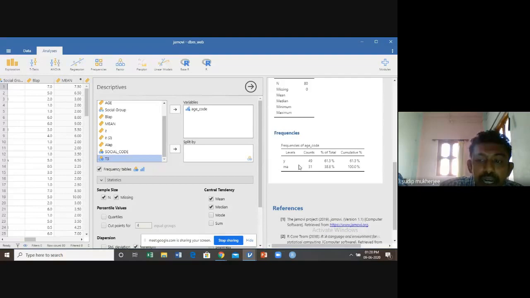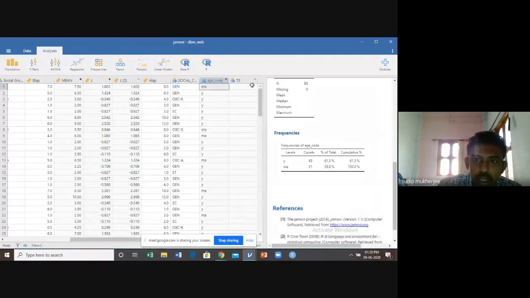Automatically it gives you, out of the 80 observations here, 49 of the total participants are below age 40, and 31 of the observations are above 40 years. So this is the classification of the participants in terms of age.